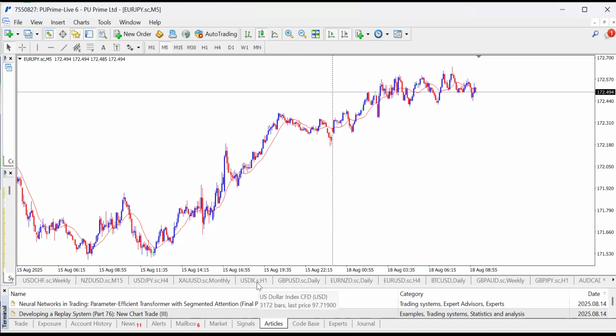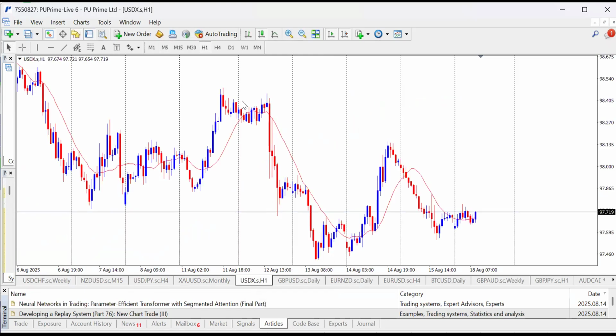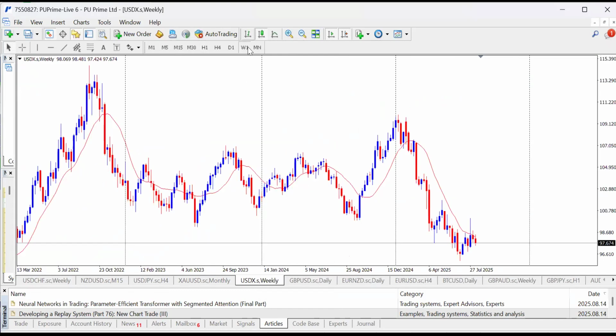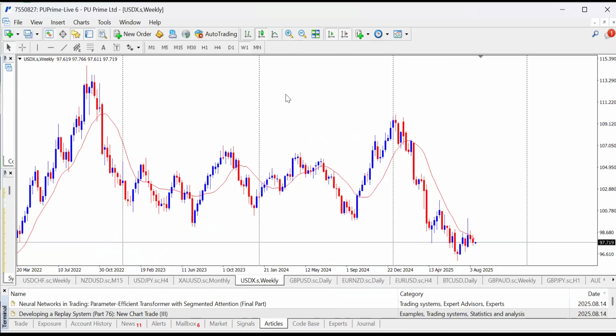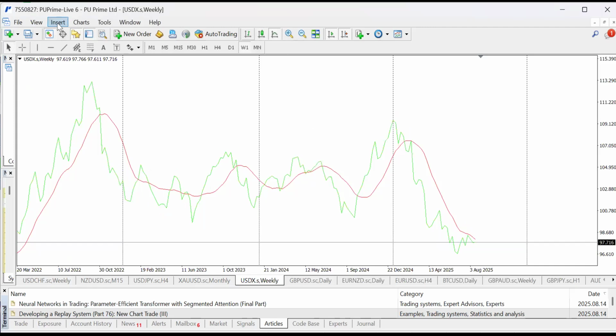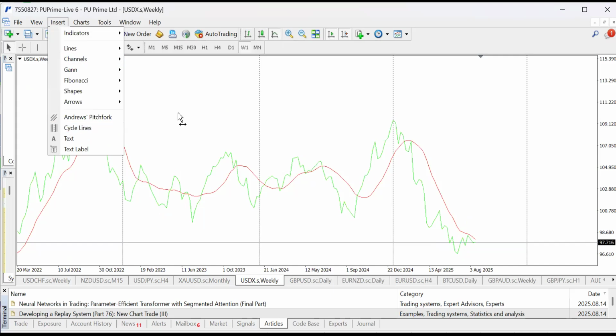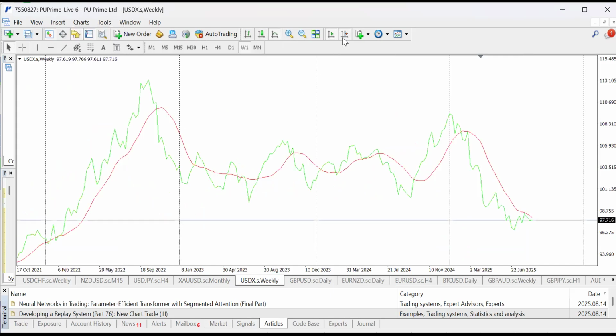So as usual, we are going to start with USDX, which is US dollar indices, and I'm going to use strictly support and resistance strategy to explain things to us. Okay, so for USDX, I'm going to change to line chart and rule out our support and also resistance. Okay, let me use the candlesticks first.